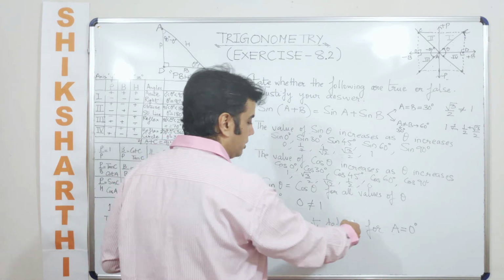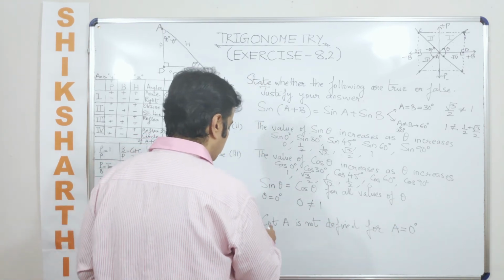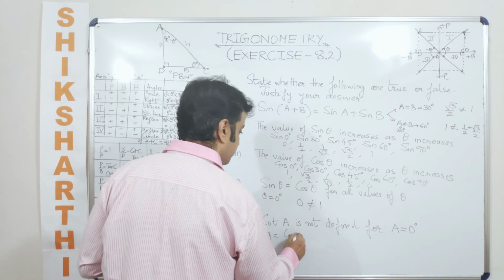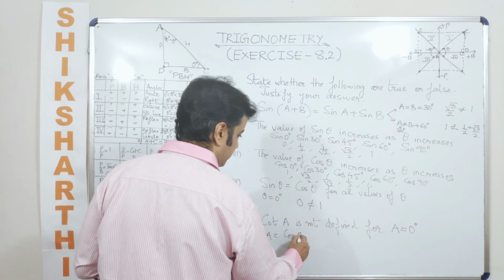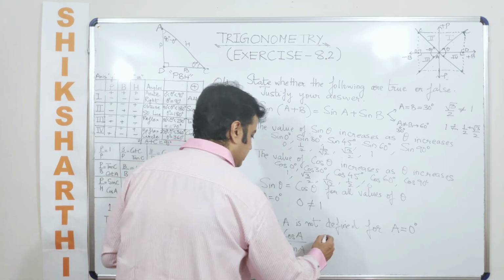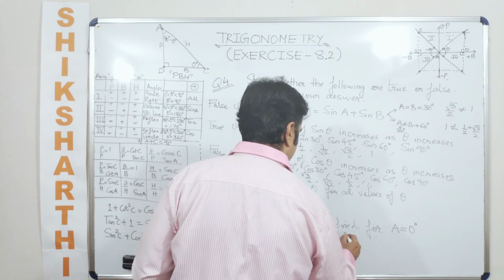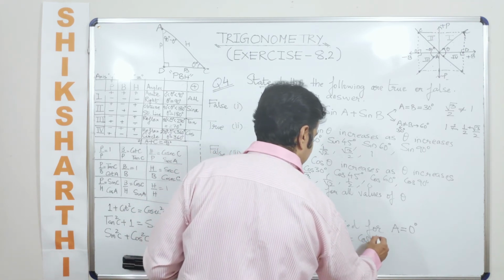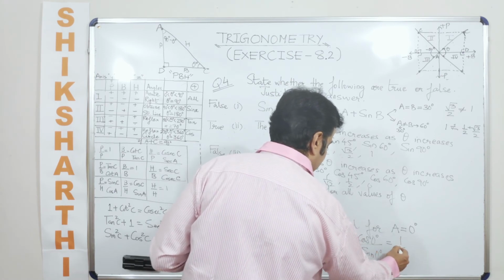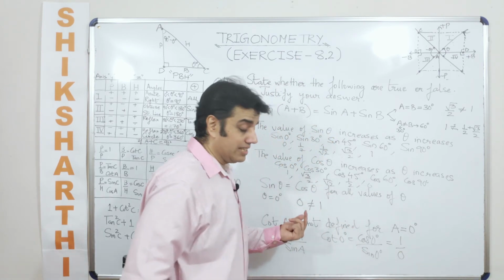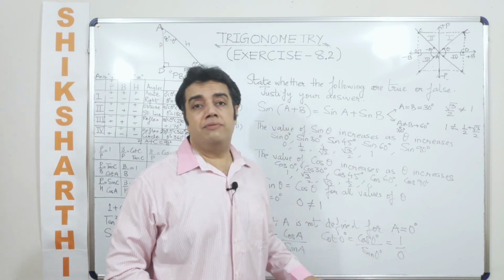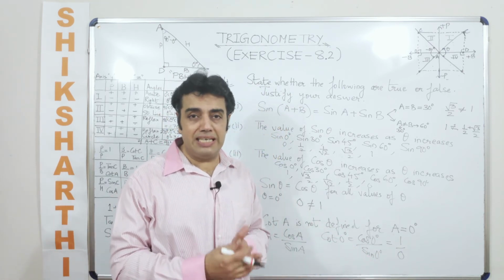Okay, cot A is not defined for A equal to 0 degrees. So what is cot A? Can we say cot A can be written as cos A upon sin A? And when we are saying cot 0 degrees, this will be written as cos 0 degrees divided by sin 0 degrees. So cos 0 degrees is 1 and sin 0 degrees is 0. So this value comes out to be 1 by 0, which goes against the definition